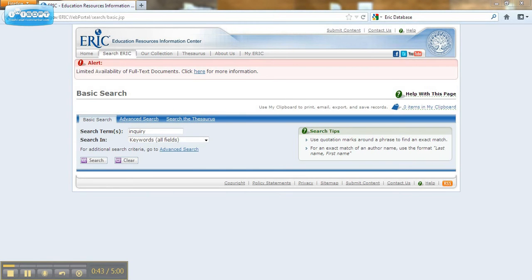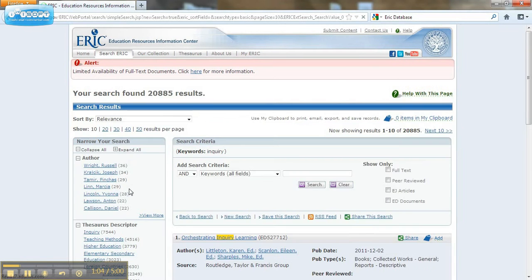So what I'm going to be looking for is just inquiry through a keyword, and then I'm actually going to show you guys what looking for inquiry through the thesaurus descriptors is going to do for my search and how it helps narrow it down. So I've looked for inquiry as a keyword. We can see it's brought up